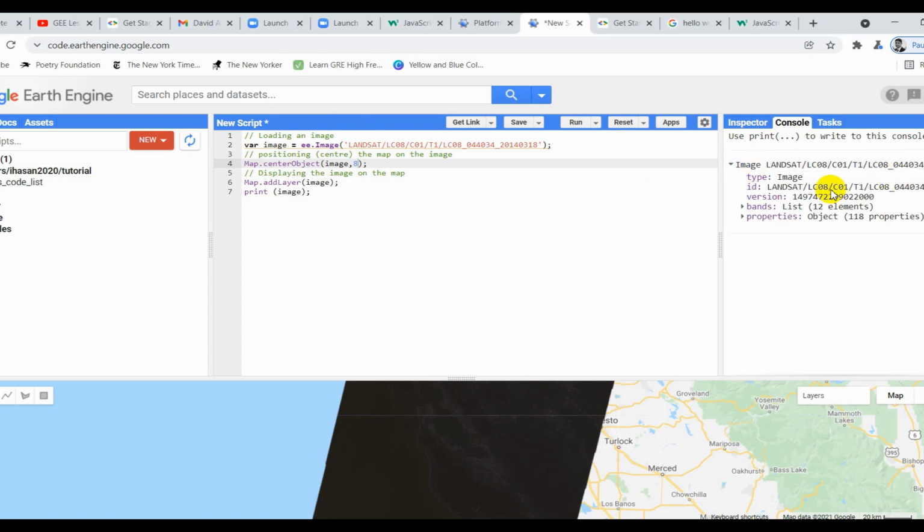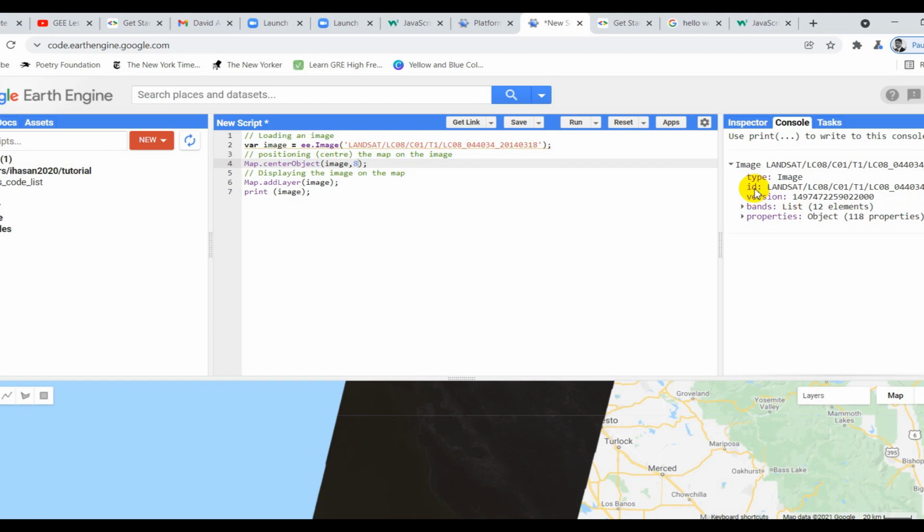So metadata is nothing but the statistics, the description of the image, when and how it was collected, what bands are included, what the resolutions are, cloud coverage, each and everything